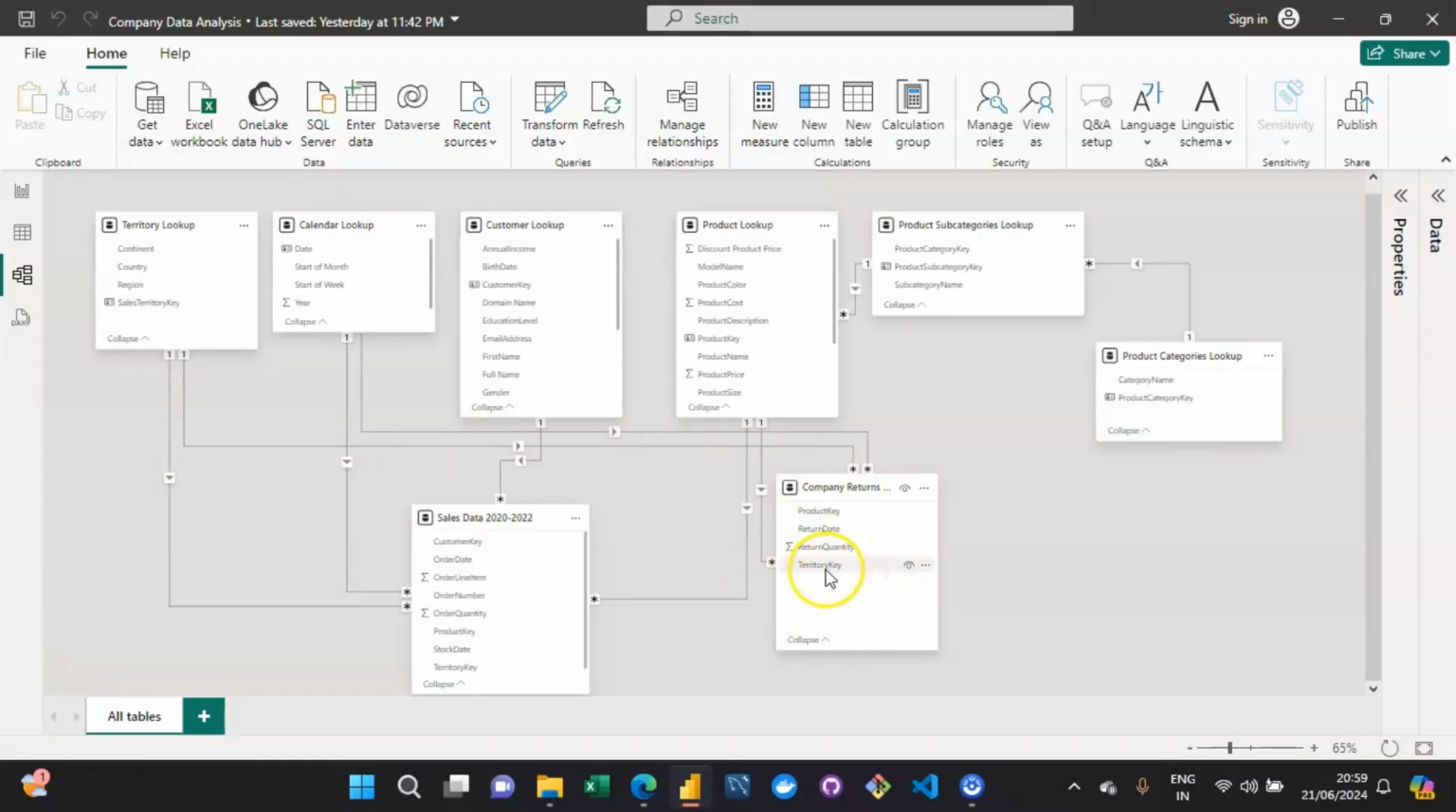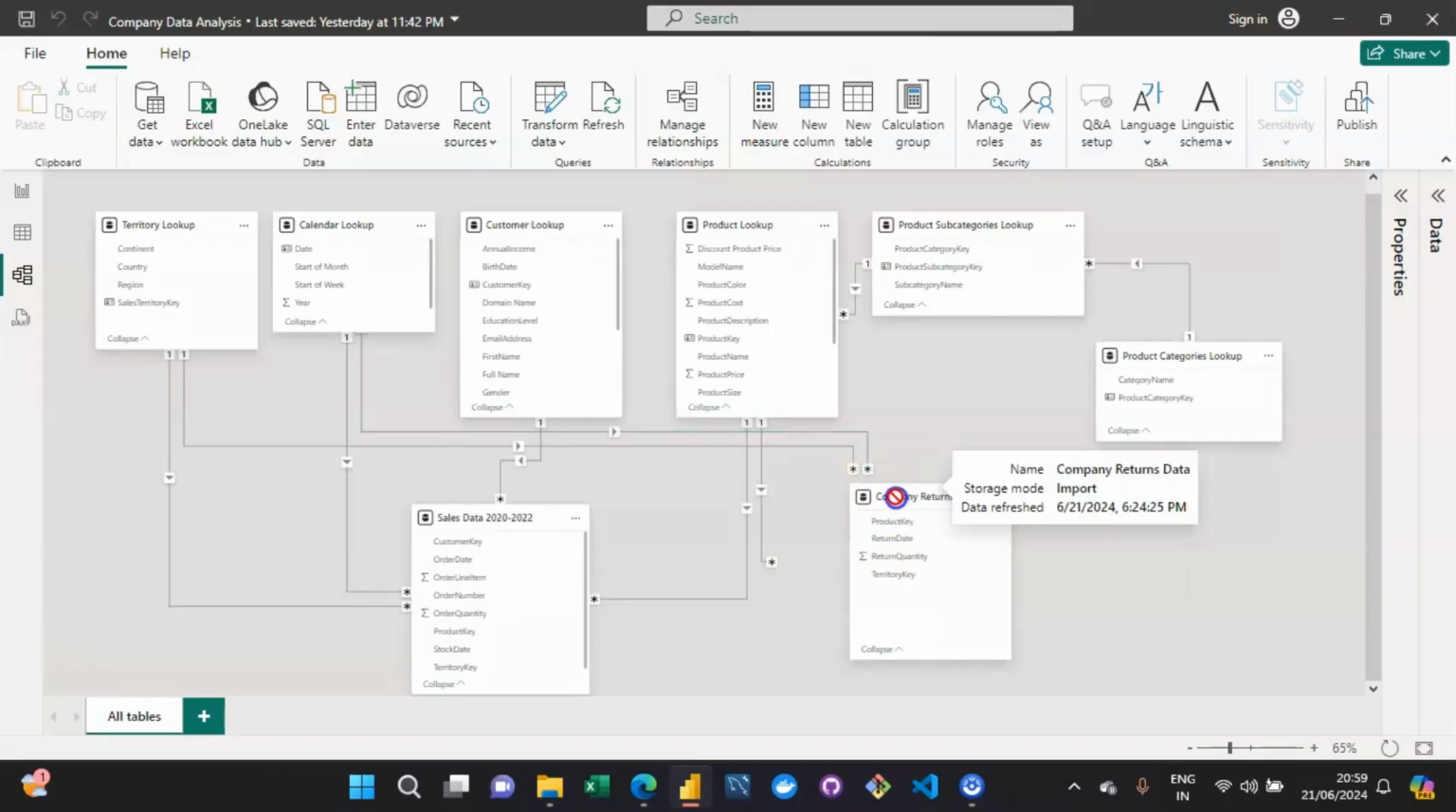But I won't be able to apply the filter by making use of this territory key, which is there in the company returns table. And why exactly am I unable to do it? Just because you can see the direction over here. Let me just drag it